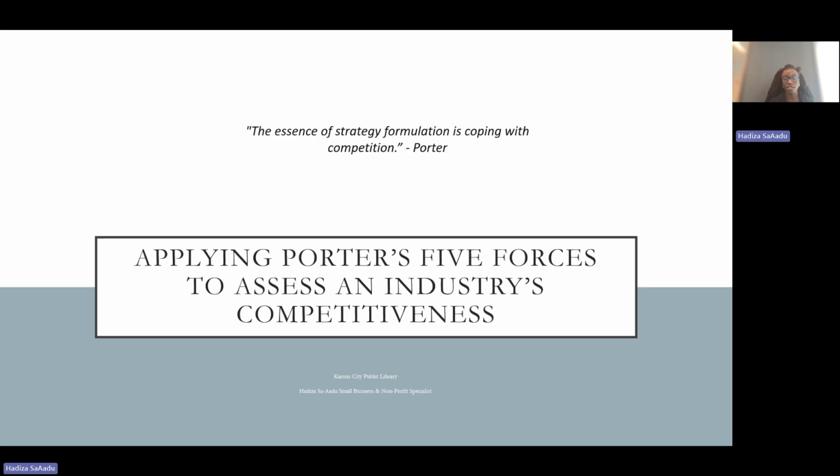There are a few steps to take before diving into the framework itself. Back to the previous slide, these steps allow any firm to set themselves up for a more accurate analysis. The first thing anybody representing a firm is going to want to do is define the industry. Whether you're an existing firm or somebody thinking about different industries to enter, the first thing you're going to do is define the industry itself that you are looking at.